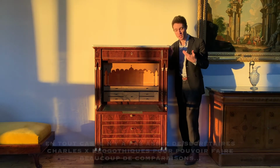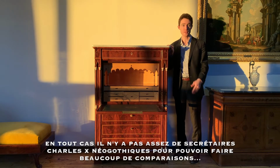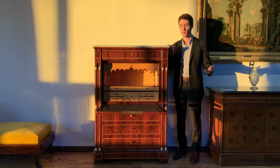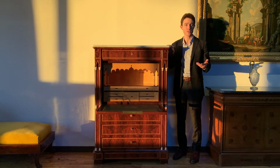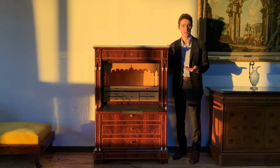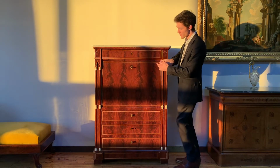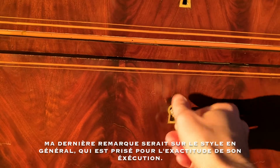But when it comes to Neo-Gothic Charles X pieces, there aren't but one or two that trade hands on the international market every 24 or 36 months. So it's really hard to get your bearings in terms of what's normal for such an atypical type of piece. So if we close the desk, I'll make one final remark just about the Charles X style in general,